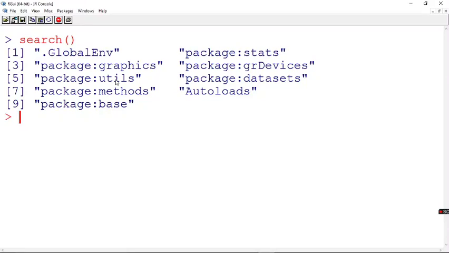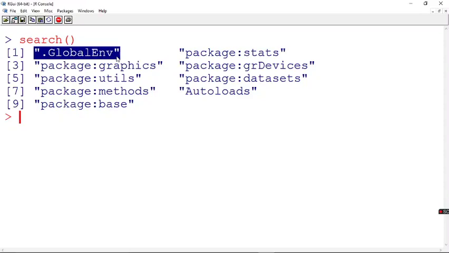It will first search within the environment where the function was created, and if the variable does not have a value there, it will go and search in the global environment.